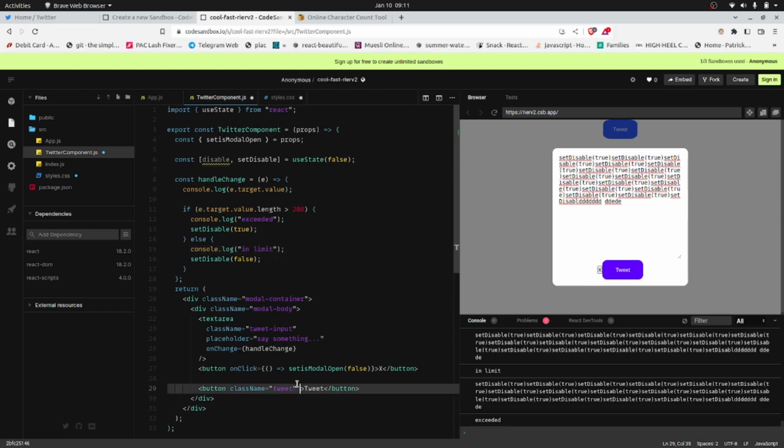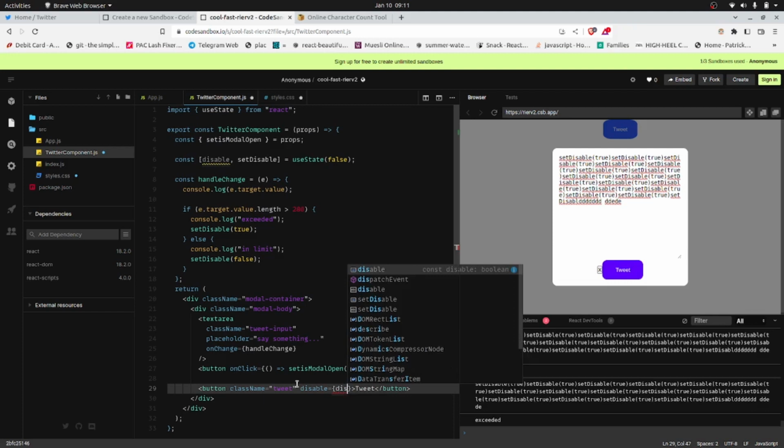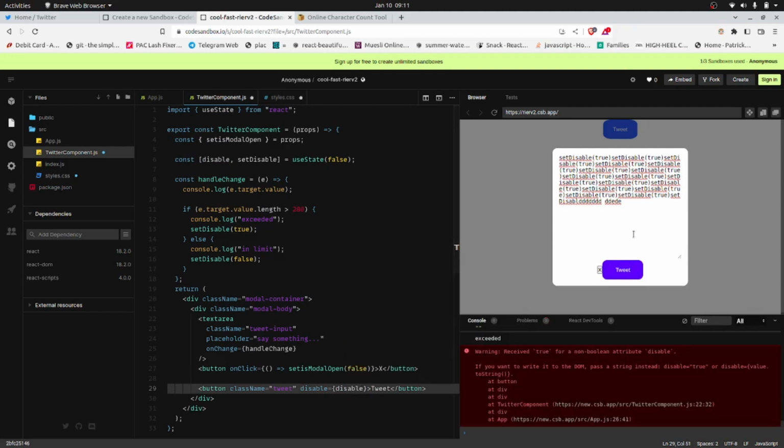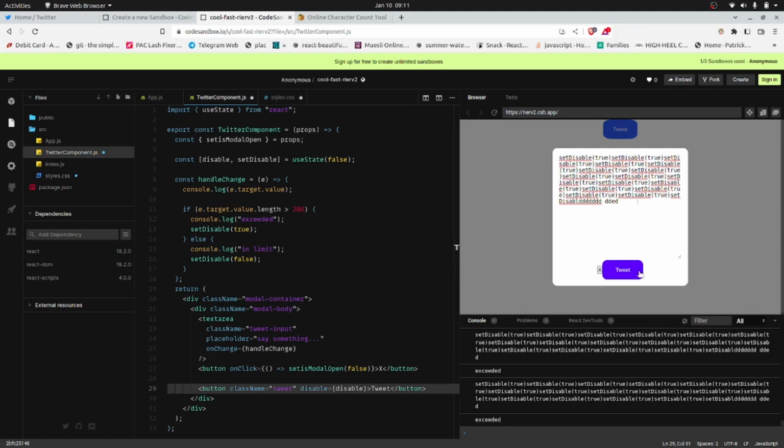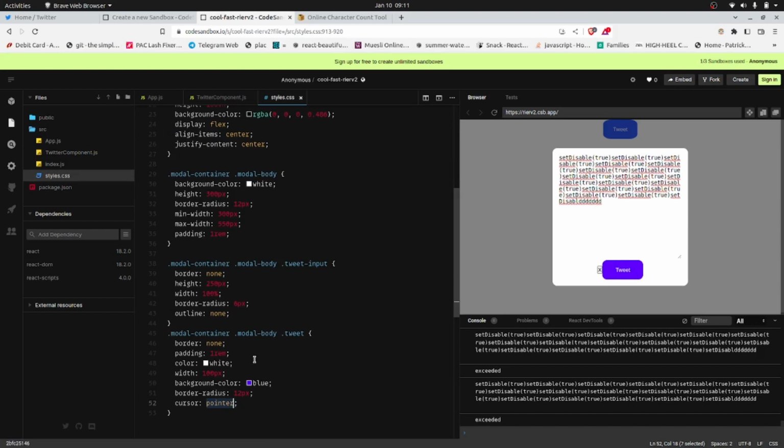Now disable would again be dependent on the limit, right? So if it exceeds, the button will be disabled, and if it does not, the button will be enabled, right? So I'll simply save this class as well. And now if we see,